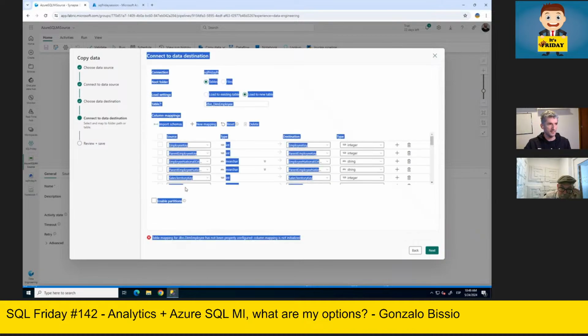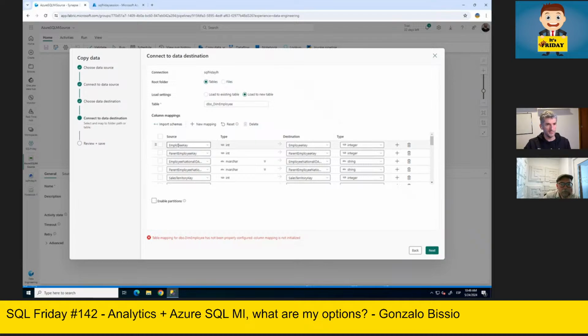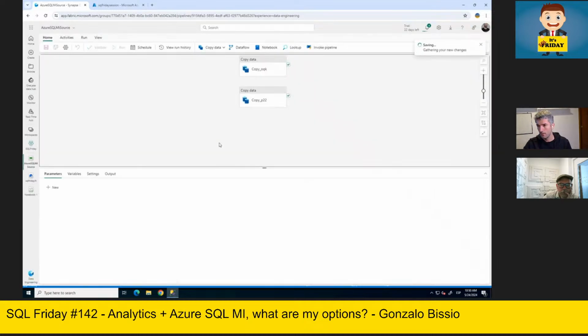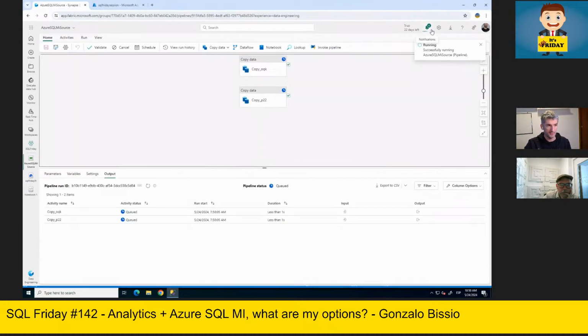Okay, so we have on the source the columns, on the destination the other columns, the data type, etc. We click next. We have the source, we have the target, which is the lakehouse. Save and run. Boom, and this will start. It's a pipeline. Again, I am running two pipelines. Nice. Let's break some stuff. And that's it. With this, we move data from the Azure SQL MI directly into the lakehouse